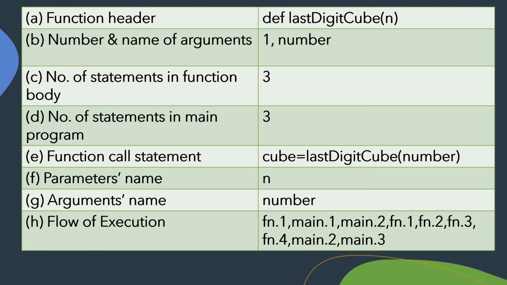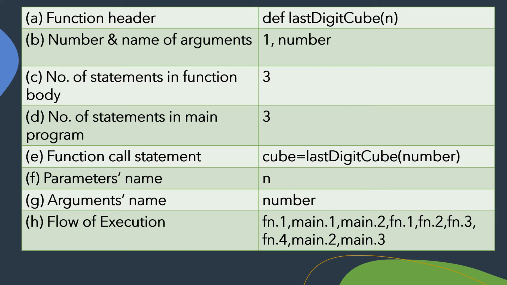Now the flow of execution of this program is like this. Always remember, a program gets executed from the top line, or the first line. So here the first line is fn.1, and then the control will go to the main part. Why? Because it will skip the function body. The first line shows that this is just a function definition, so the rest of the function will be skipped and it will directly go to the main part of the program.